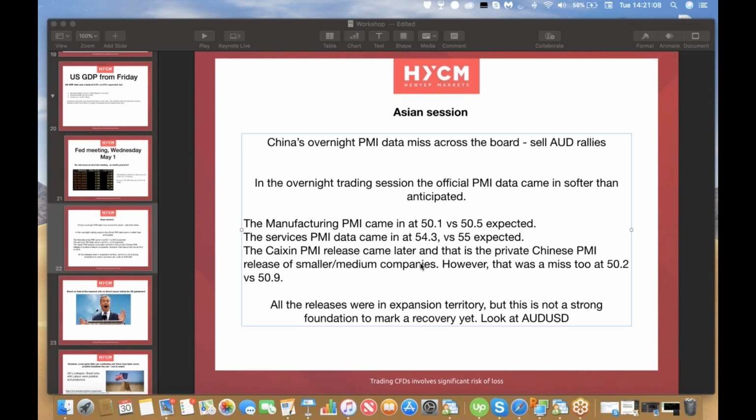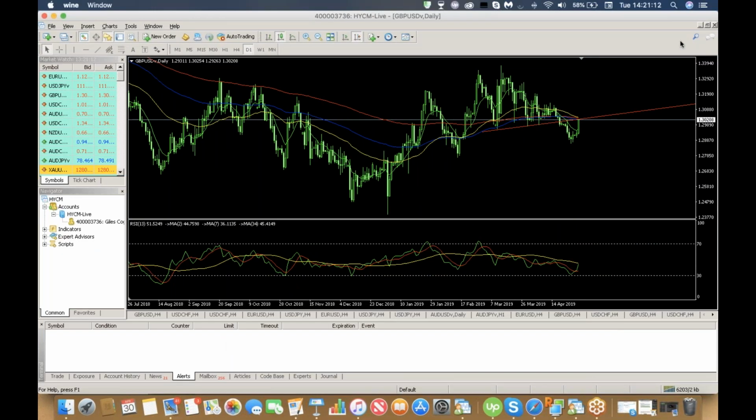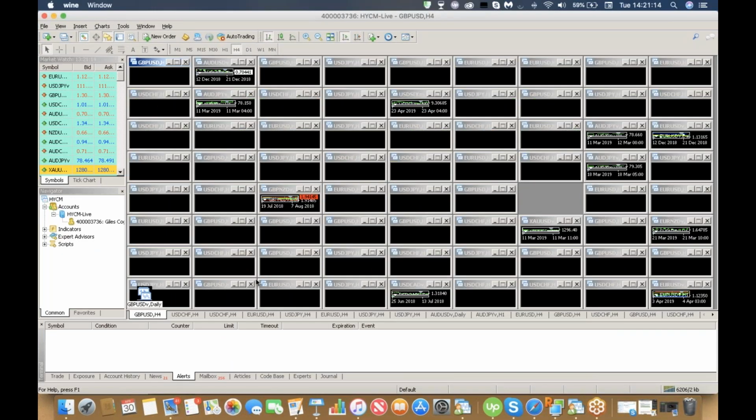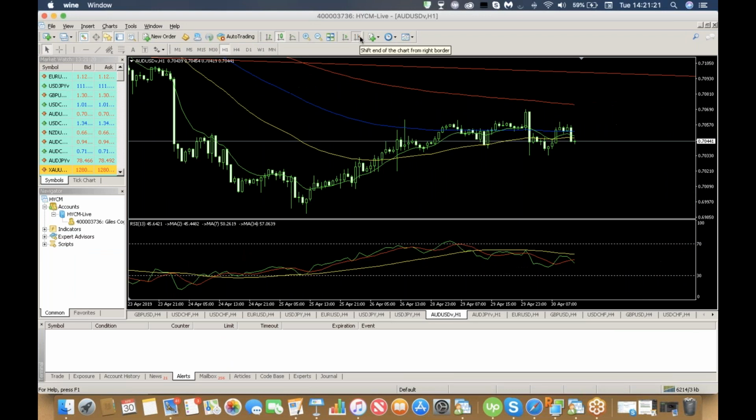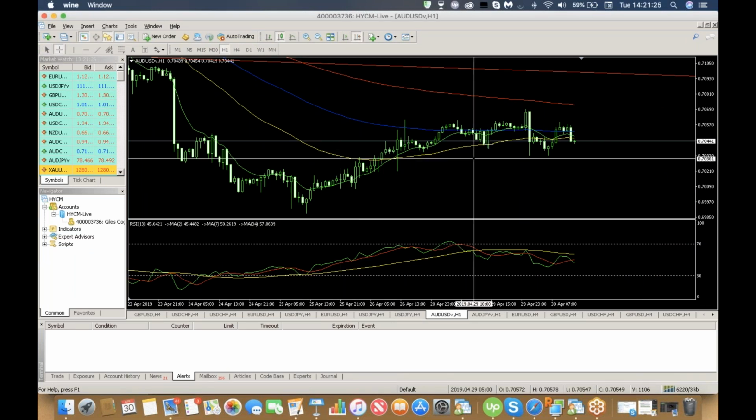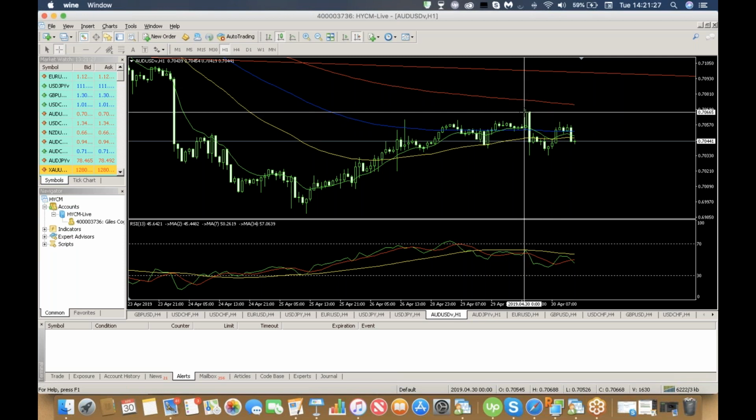Now we'll have a little look at the Australian dollar chart, and we'll get you guys doing a bit of work here. So let's have a look. Here's the Australian US dollar. Okay, so this is what we saw. This was the large sell-off in the PMI data. So we saw price dropped over the course of now